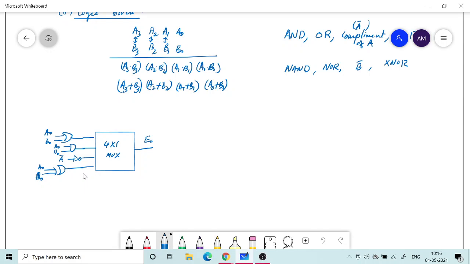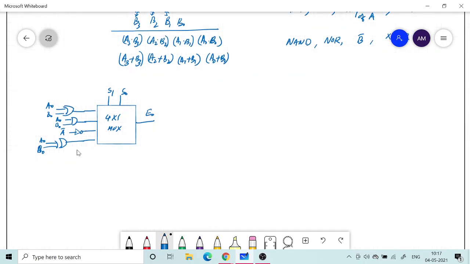So depending upon this opcode, again I need 2 opcode bits, so I can use the same S0 and S1 here. So that way I can choose. All this will be available at the input, but depending upon what opcode you give, E0 will have an output which is the chosen one from the inputs. Okay, so that's what the multiplexer does.